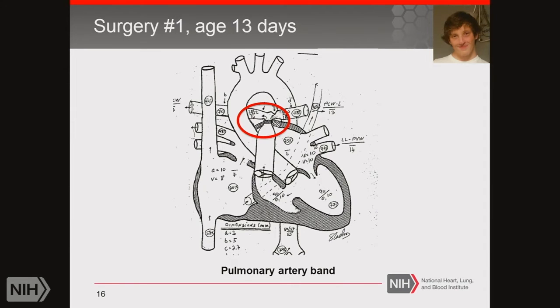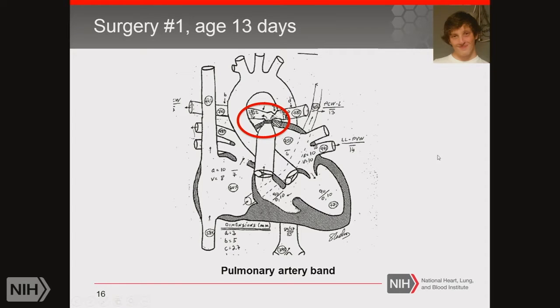Okay, surgery number 1. These are Joshua's actual cardiac catheterization diagrams. These were done after the surgery, and in some cases, cardiac catheterization is done to help plan for the surgery. When he was 13 days old, he had a band placed on his main pulmonary artery here, because this hole was so big and there was blood being pumped to his pulmonary arteries under high pressure from the left ventricle, and so he was getting too much blood flow to his lungs and was having